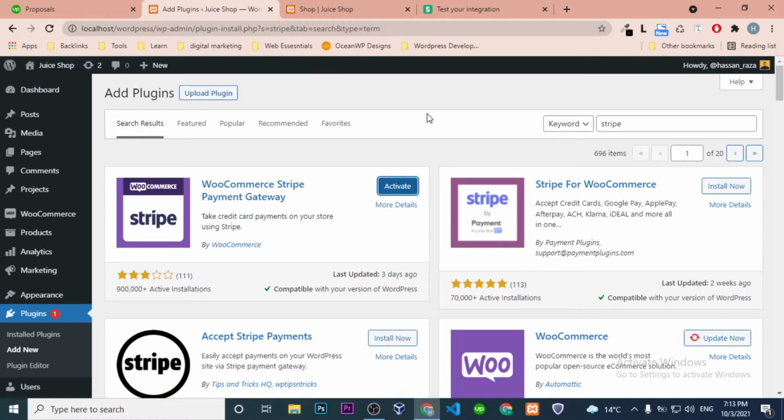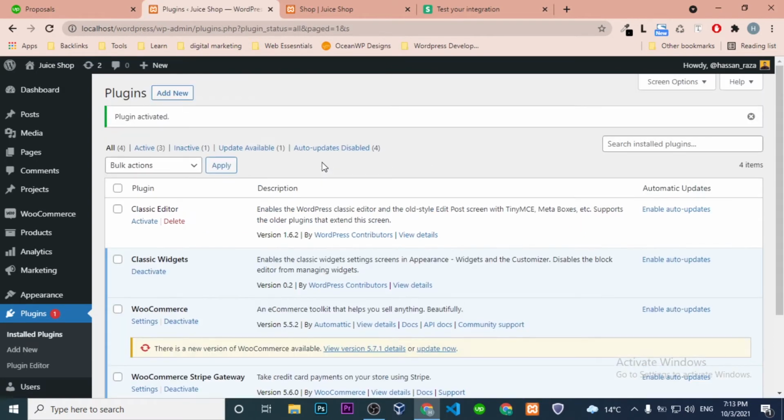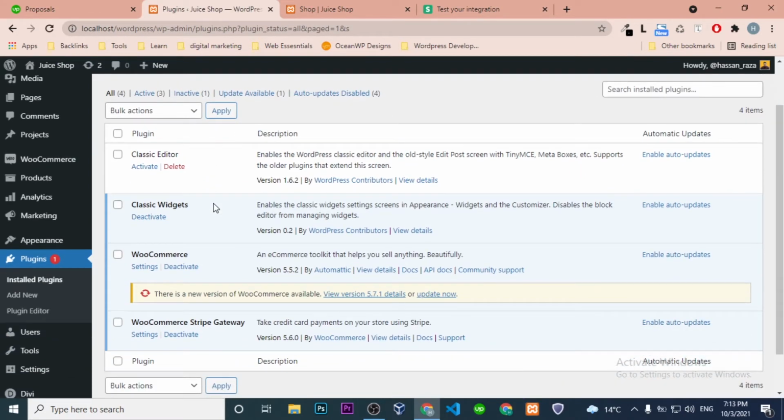The plugin has been installed. Now I'll activate it by pressing the activate button. Now the plugin has been activated.